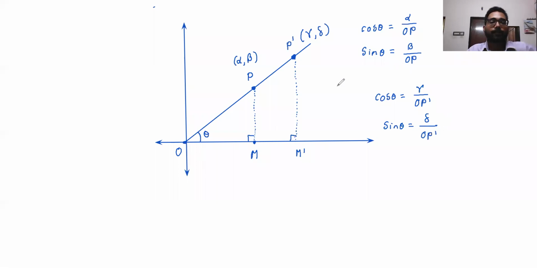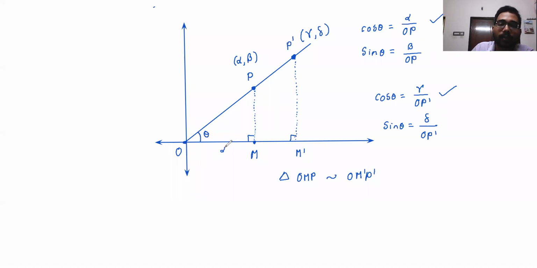So in fact, using similar triangles, you can prove that this is equal to this. You try to prove that triangle OMP is similar to triangle OM'P'. So from the similar triangles, we can actually prove that these two are equal, because you see,